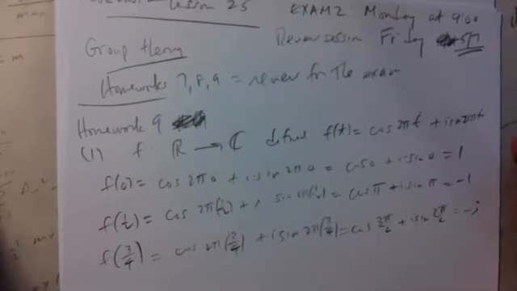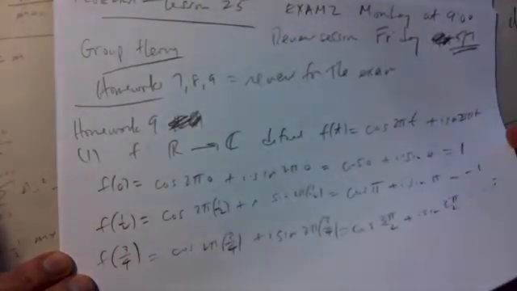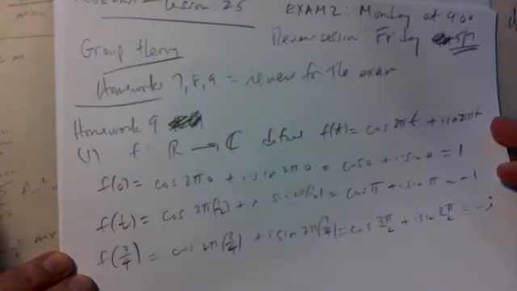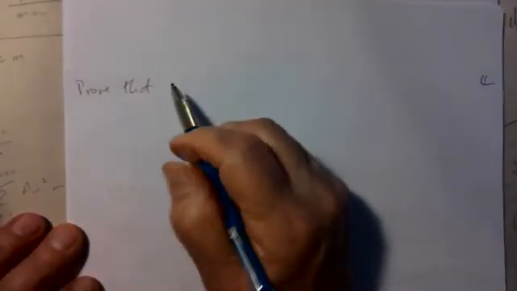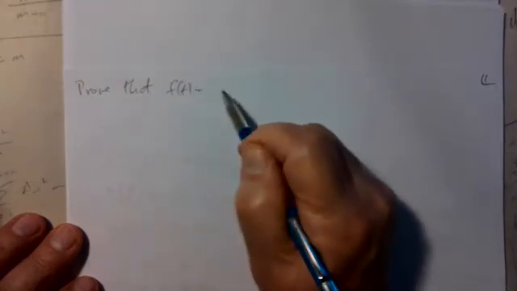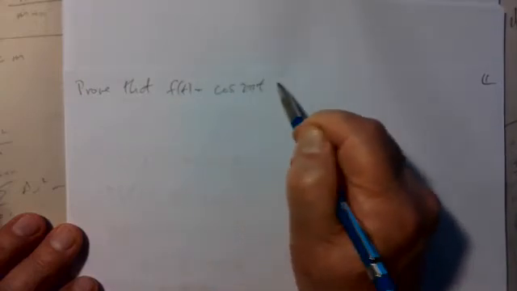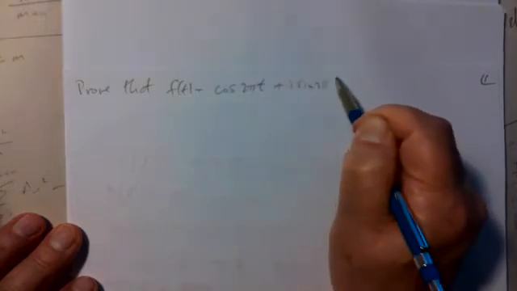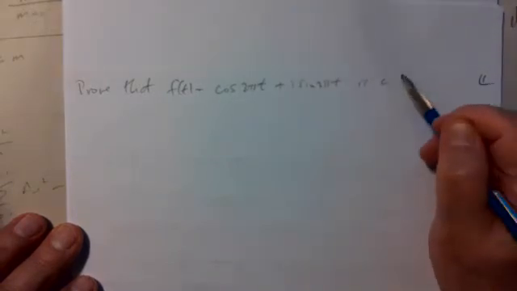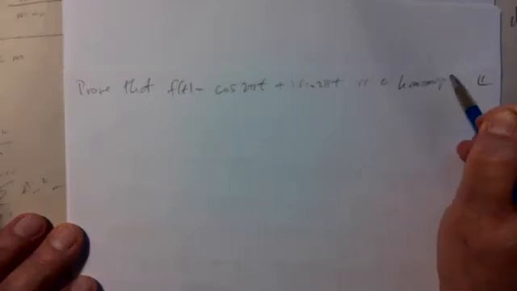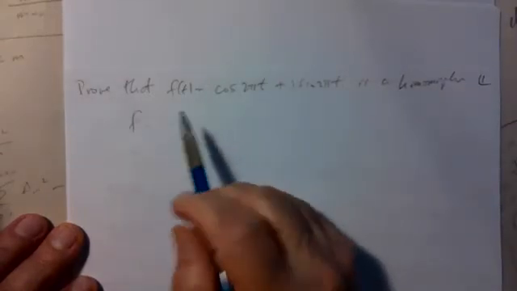Any other questions? This is just looking at the function and understanding what the function means. And we have to show it's a homomorphism. So we have to prove that the function f of t equal cosine 2 pi t plus I sine of 2 pi t is a homomorphism of groups. Right? F is a homomorphism